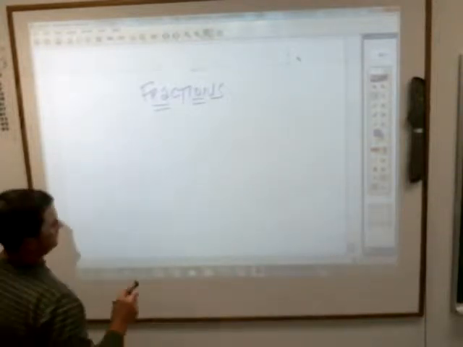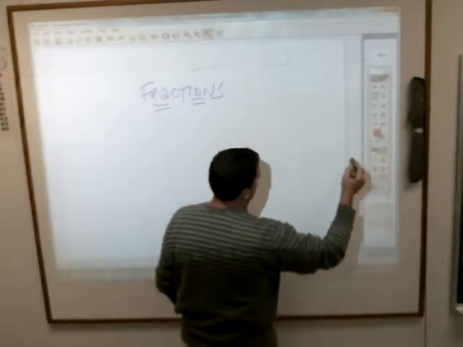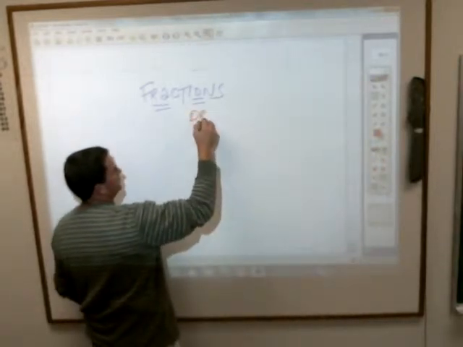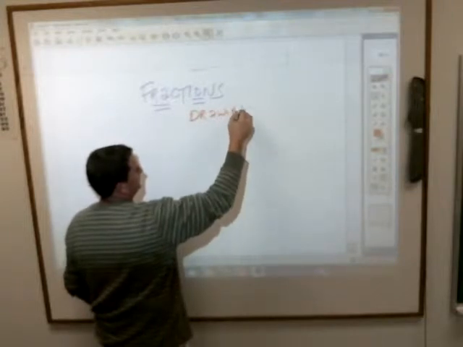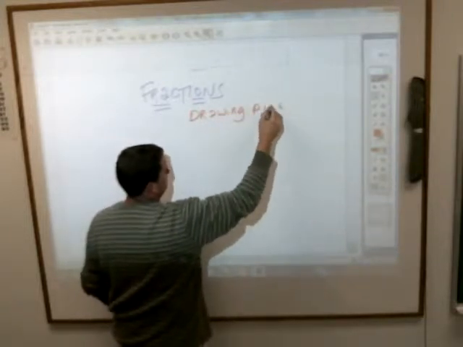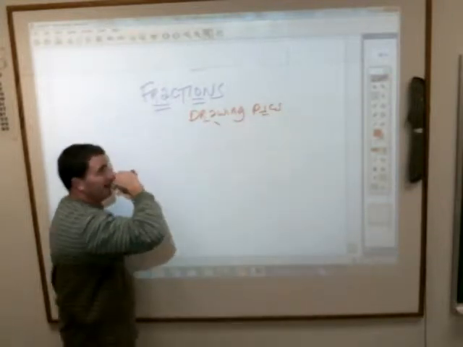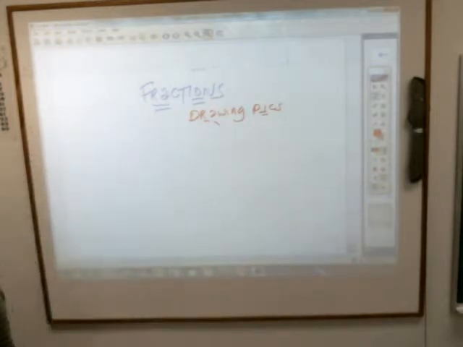And today is simply called drawing pictures to show fractions. And why do we draw pictures? Mostly because seeing things in picture form is just a lot easier for us to understand than just looking at numbers and things, and that's why generally, you people like to be entertained with